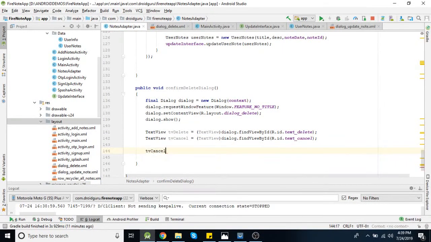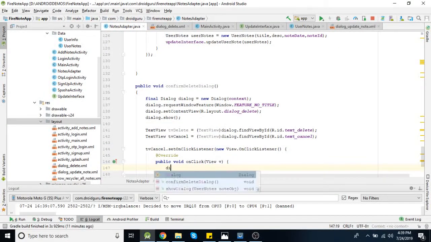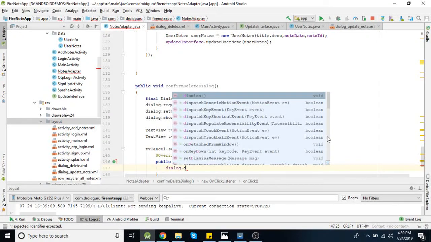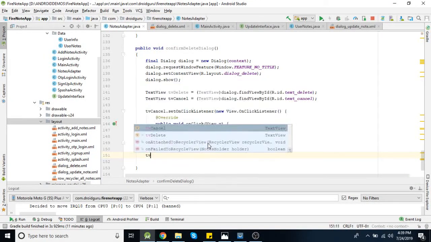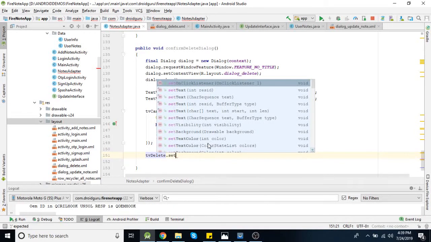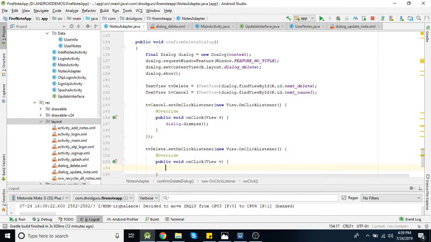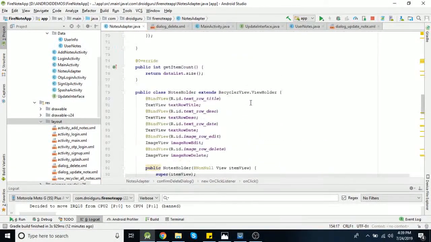Now tv cancel dot set on click listener. If the user cancels this action, then you need to just dismiss that dialog. And if the user confirms that action, then we need to add logic for deleting that specific node. So this function will be called here.